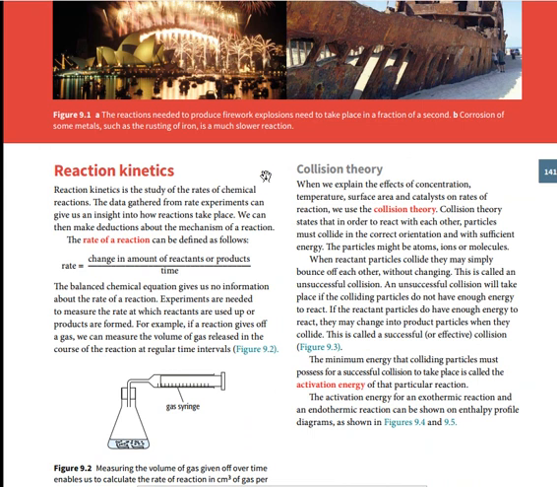Now we need to know that reaction kinetics mostly occur due to collision theory, and that collision theory usually occurs because of the degree of dispersion of atoms, which can be seen from the entropy of a reaction, as we're going to see in entropy and free energy later. Collision theory says that atoms vibrate and move in different directions. Since they move in different directions, they are capable of colliding with each other and reacting to produce products